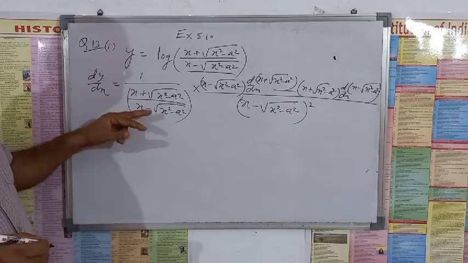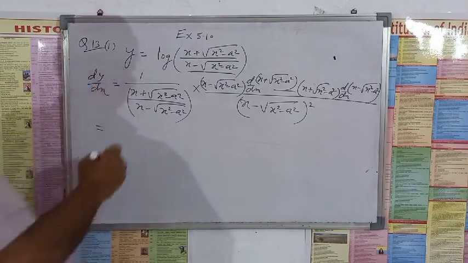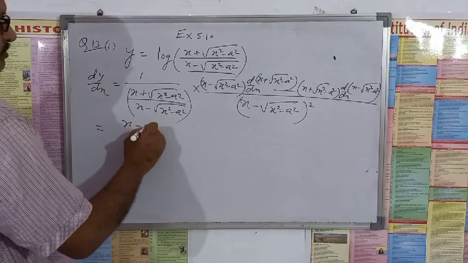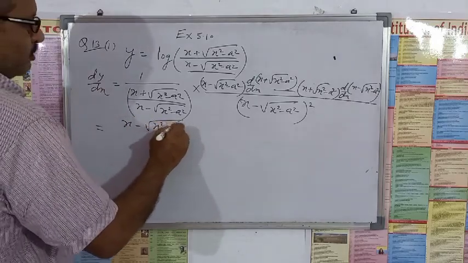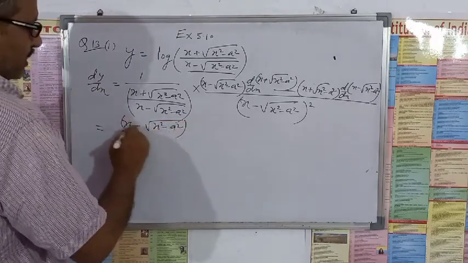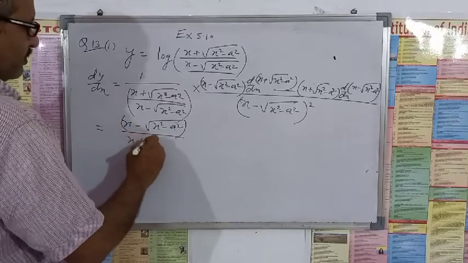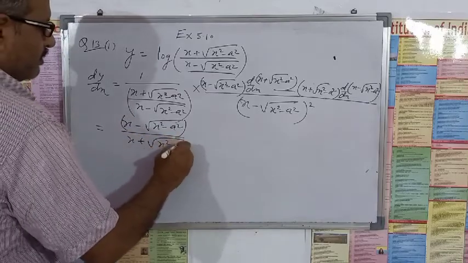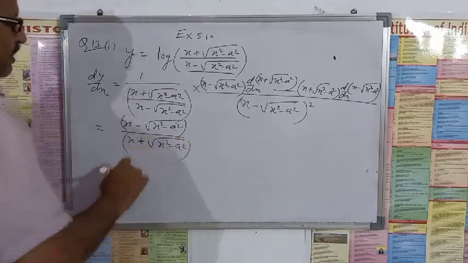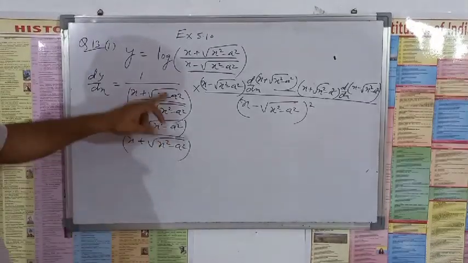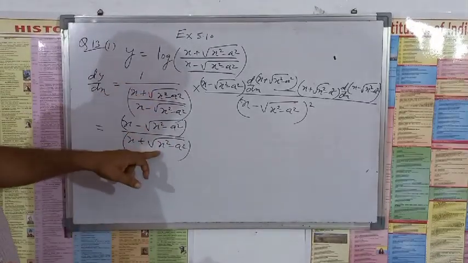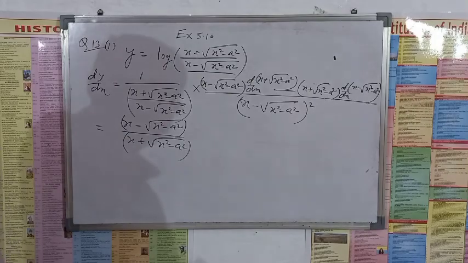Simplify it. This will go upside. So we can write x minus root x square minus a square upon x plus root x square minus a square